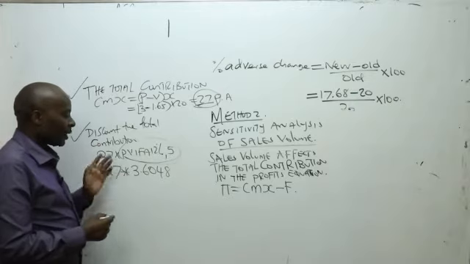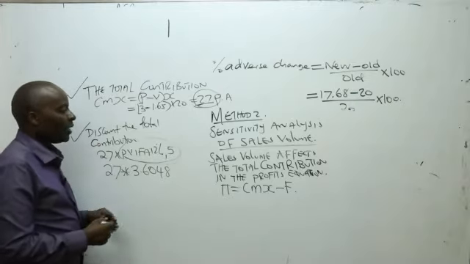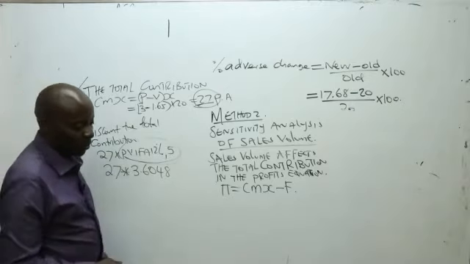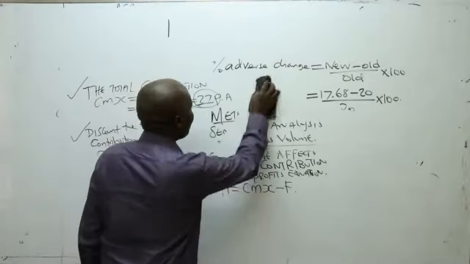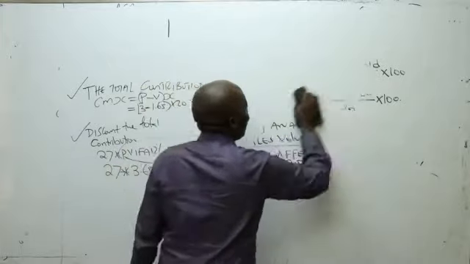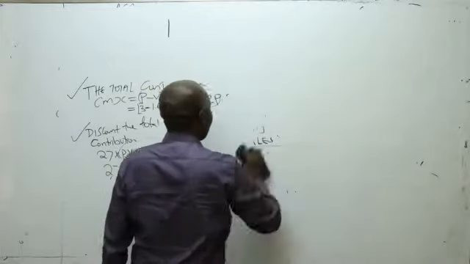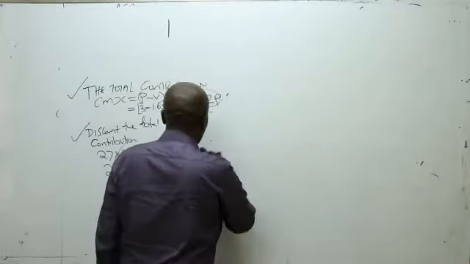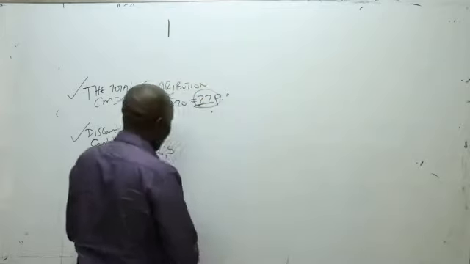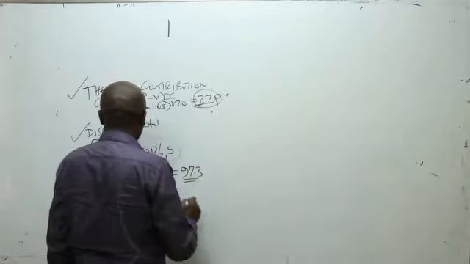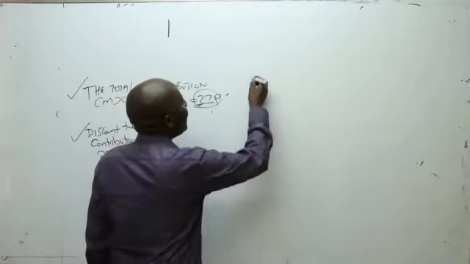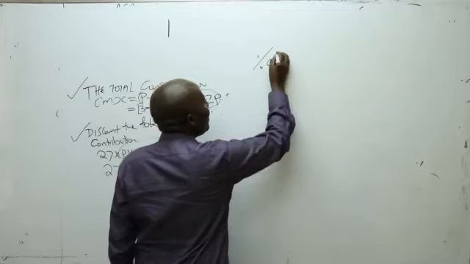27 times 3.6048. This figure will give us what amount, ladies and gentlemen? 97.3. So I'm being told that this will give us 97.3. Now, ladies and gentlemen, having gotten this as the discounted contribution, then the percentage change